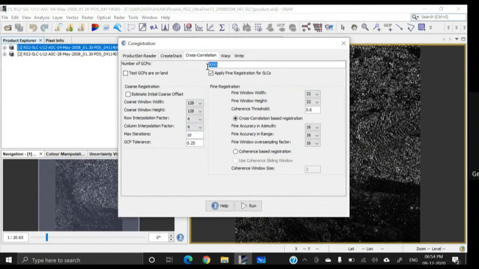Therefore, we need to provide as many GCPs as we can to get a better accuracy of the DEM. But the problem is, if we increase the number of GCPs, it will take huge processing time, and it will require huge processing power. So to avoid the delay, we are selecting 2000, the default one.